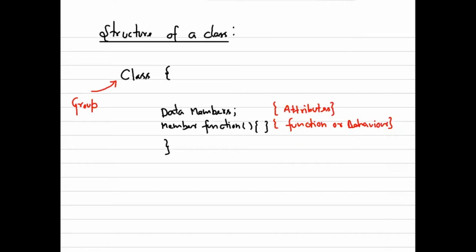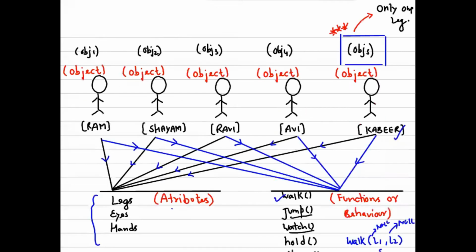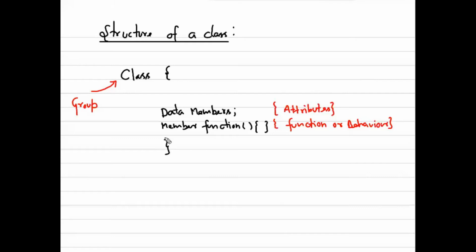Okay, so in the structure of a class we have mentioned this one thing, that if we can club all these objects, attributes and functions having similar properties in one group, then that one group is called a class. So the structure of the class is combined using the data member or the attribute in our language, or the member function or the behavior. In our language we have said this as a behavior. So these two are the main important parts of having a class or a group.